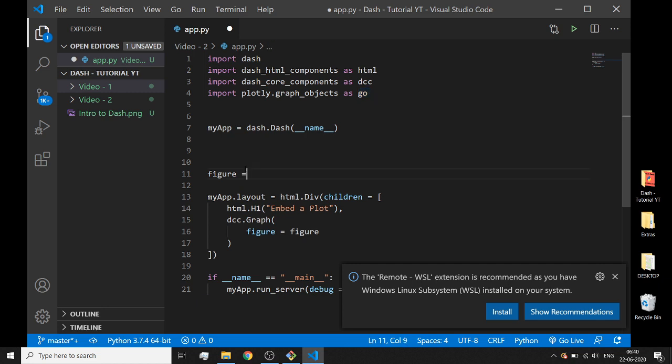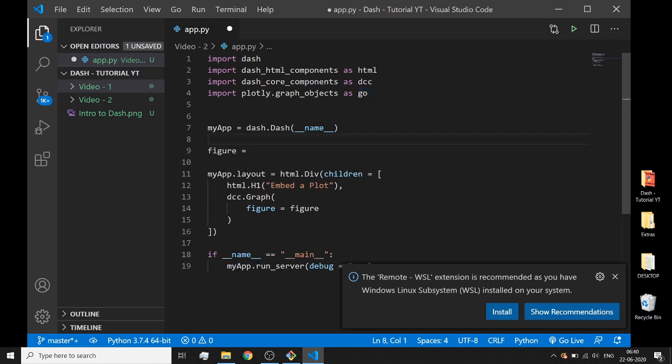Now, because I like creating Plotly plots with graph objects, I will use that, but if you are comfortable with Plotly Express, you can do that. You just need to replace this import with the import for Plotly Express, and specify your own figures. So the change is very minimal. You just use your own Plotly Express figure and specify it here. So it's not an issue.